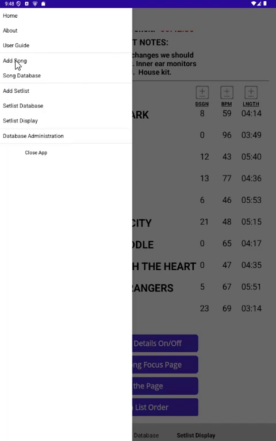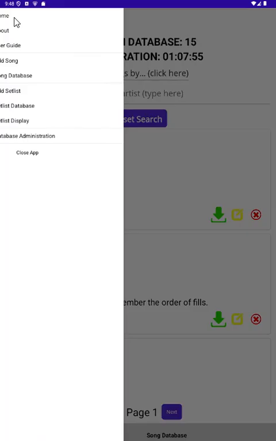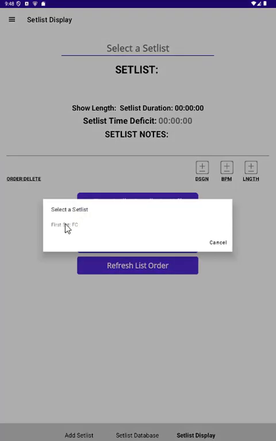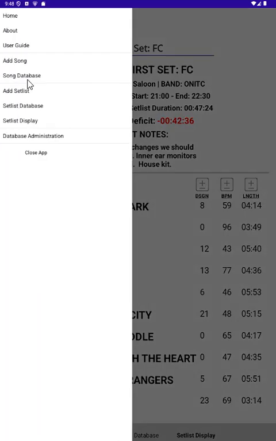It's the adding of the song, the creation or adding of the set list by creating it there, the adding of songs to the set list by clicking on these green arrows and following the workflow, and then seeing the set list itself, and after you've added those songs, seeing them lined up here in the list. And that's it. Everything else is covered in the user guide,